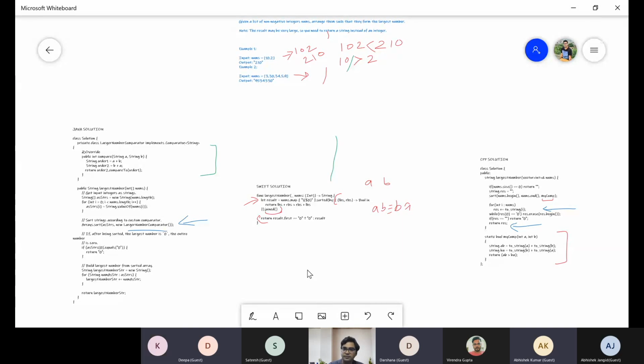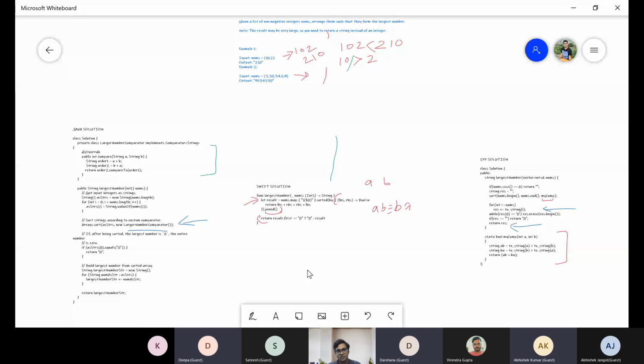Nishant, I have a doubt in the Swift solution. In the return, where you have written LHS plus RHS, shouldn't we convert it before comparing? Should we convert it into int? Because this will be a string now. Yes, we are returning a string, and if you see the map method, we are passing the argument as a string only. First, we mapped integer to string, and then we used the string array to do the sorting, and then we appended all the strings and returned the string. That is the logic.